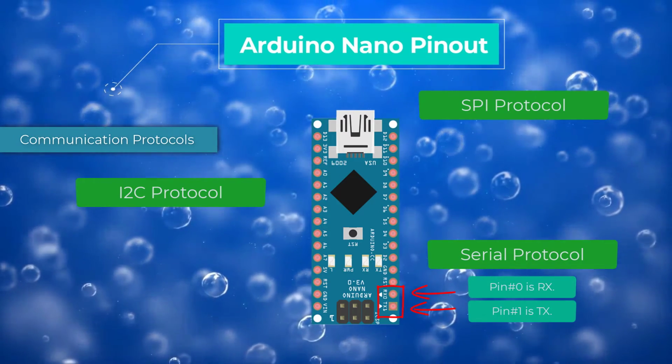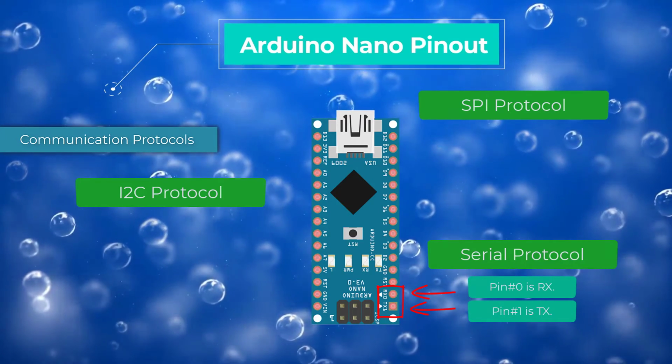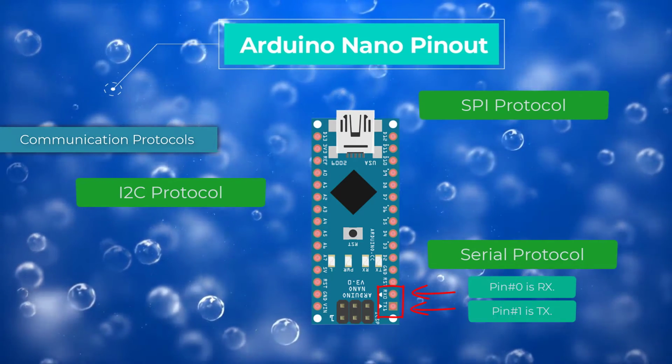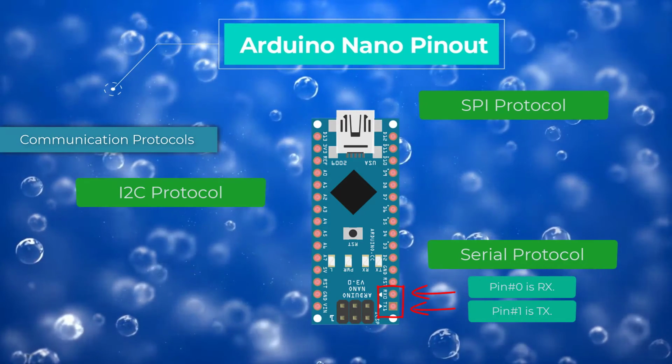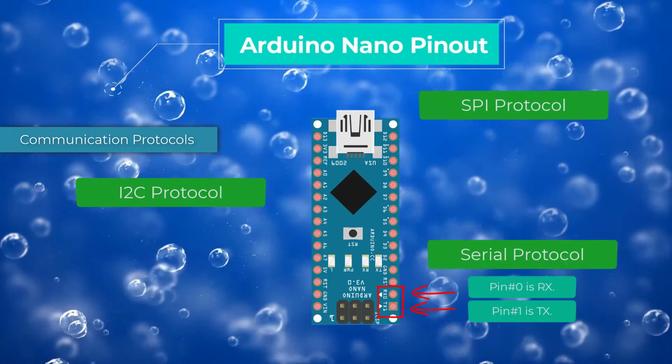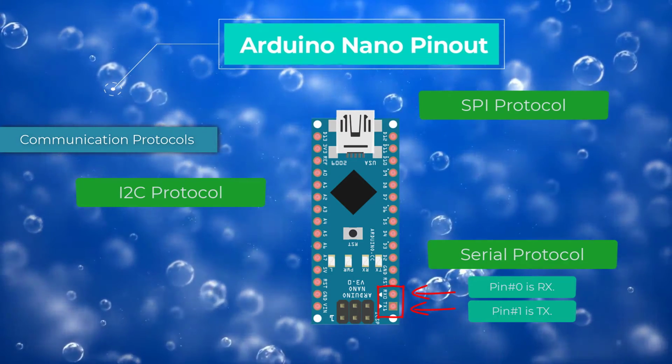We have to define it in the programming, whether we want to use these pins as input-output pins, or want to perform serial communication. As I said earlier, these functions are pin-specific, means if we want to interface any serial module with Nano, then we have to connect it with pin 0 and 1, it won't work on any other pin.